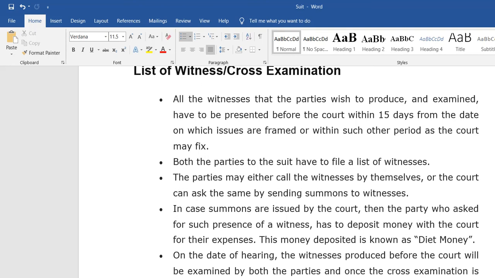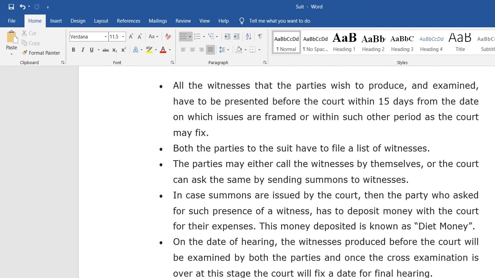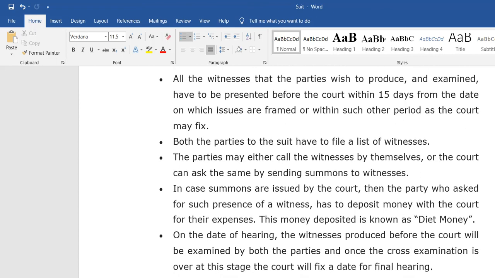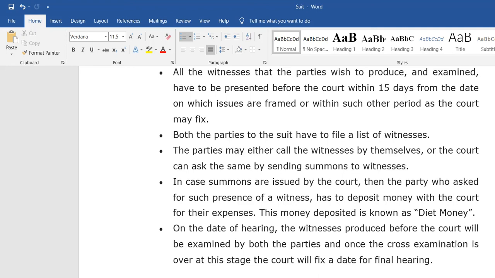So within 15 days, witnesses should be produced and examined before the court. And the second thing is both the parties to the suit have to file a list of witnesses. Without witnesses, we cannot frame the issues. Also, the parties may either call the witness by themselves, or the court can ask for the same by sending summons to the witness.